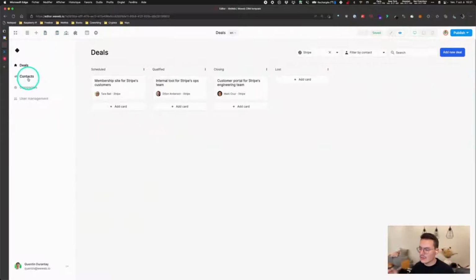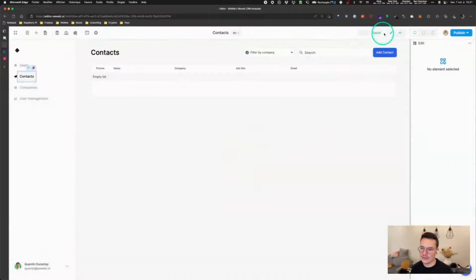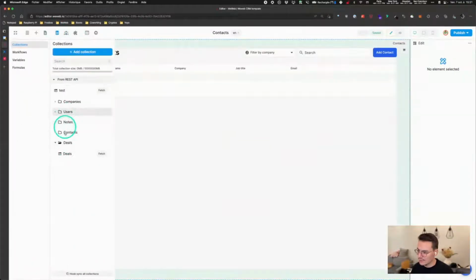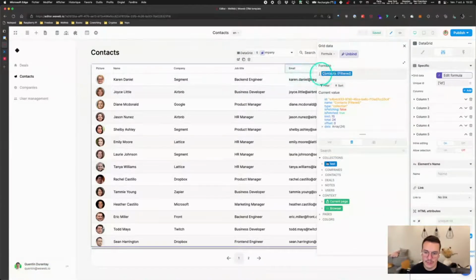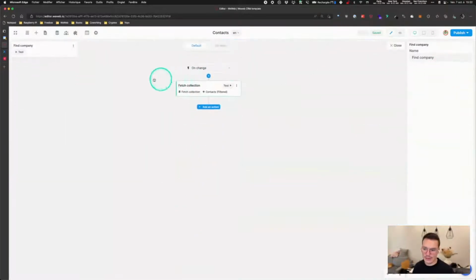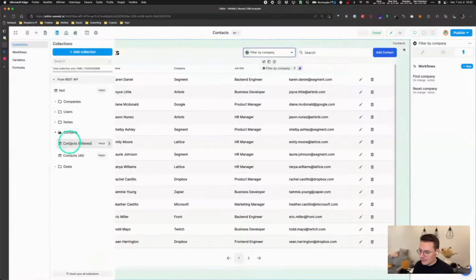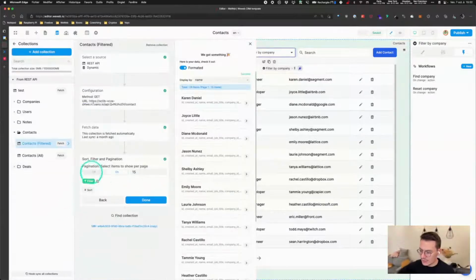But there could be times when you want to do front-end filters. That's what I've done on the contacts page. Let me, by the way, fetch the contacts. Yeah. So here, you see, the data grid is bound to the contacts filtered collection. And when we see the drop down here, find company, it's only fetching the collection. So you would think that it's the same, but here, no query string is sent to the backend, and we use the sort, filter, and pagination